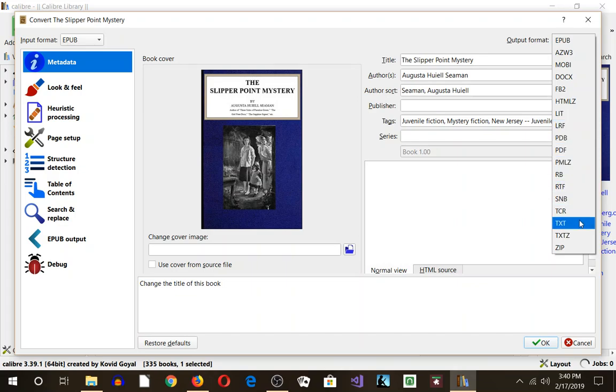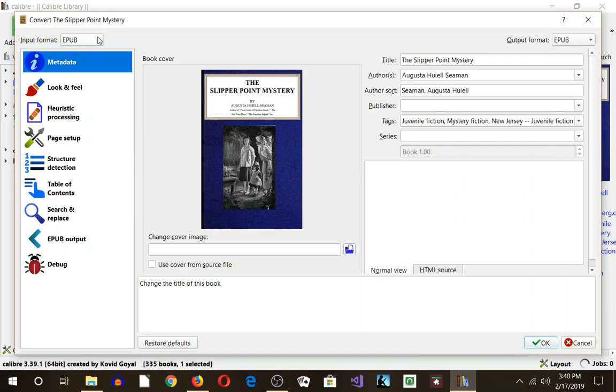PDF, TXT, RTF, even zip, you can save it as a zip file, LIT. So there are various formats you can convert to, and it also has options for